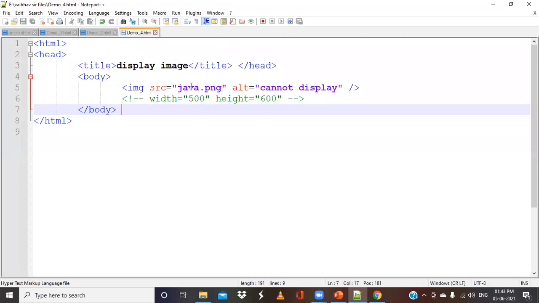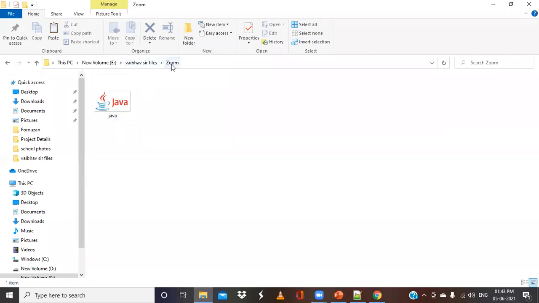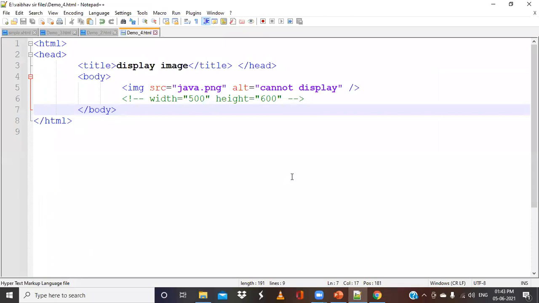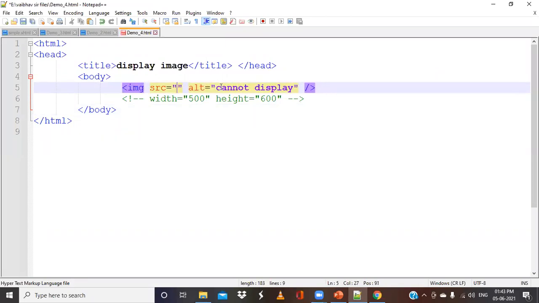So in such situations, we have to write the entire path. So where is my file now? My image file is currently present at this particular location. So I need to copy this path, and then change this to this particular path.